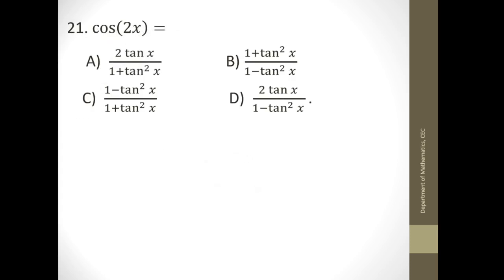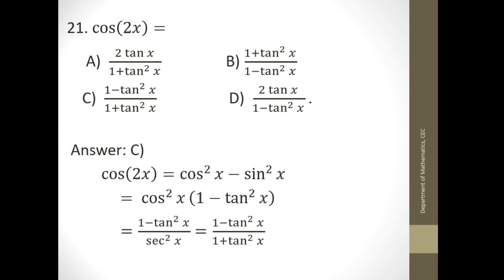Cos 2x, convert into tan form. So, it is direct one, you know the formula, 1 minus tan square x by 1 plus tan square x, or the direct formula is cos 2x is cos square x minus sin square x. Take cos square x outside. In sin square x, multiply and divide by cos square x, it becomes tan square x. Take cos square x outside. Cos square is nothing but 1 by secant square. So 1 minus tan square x by secant square, which is nothing but 1 plus tan square. So 1 minus tan square by 1 plus tan square.